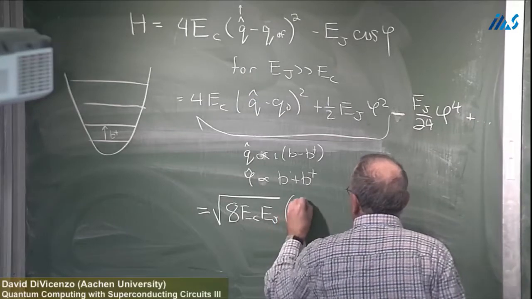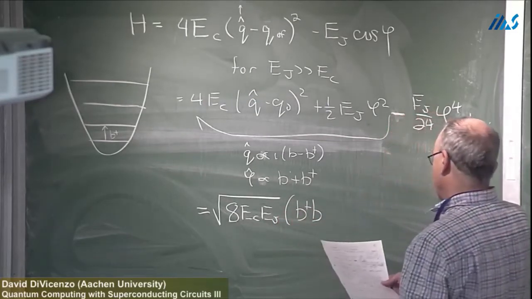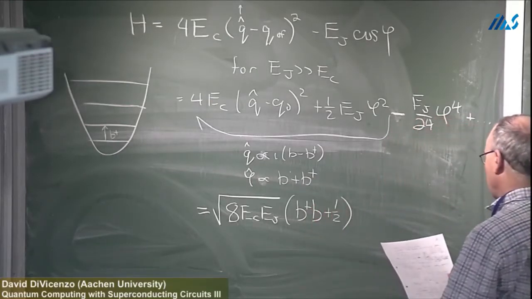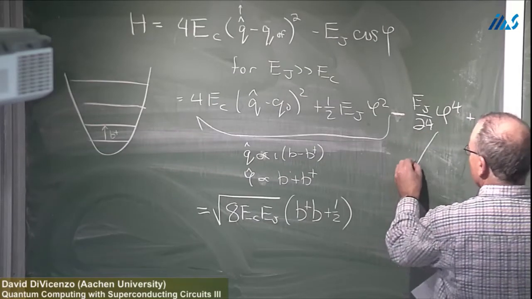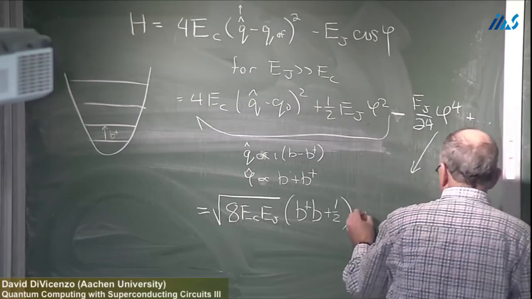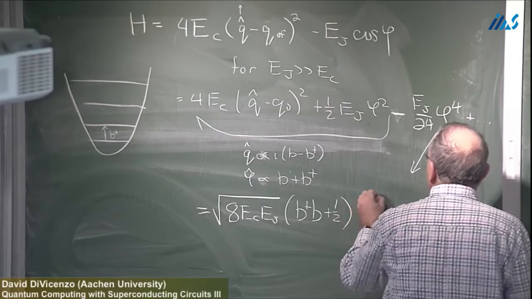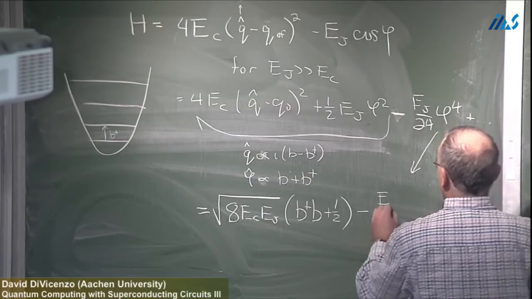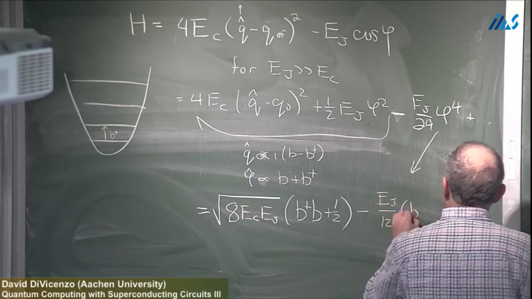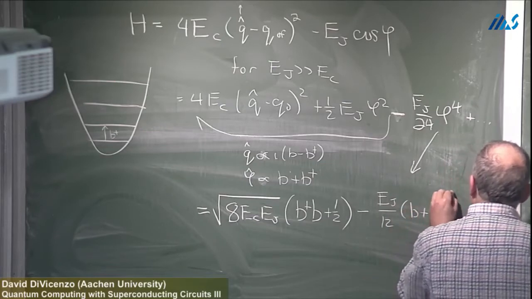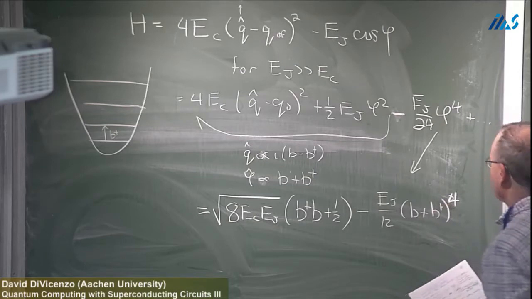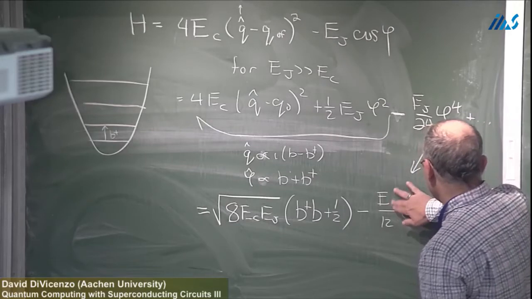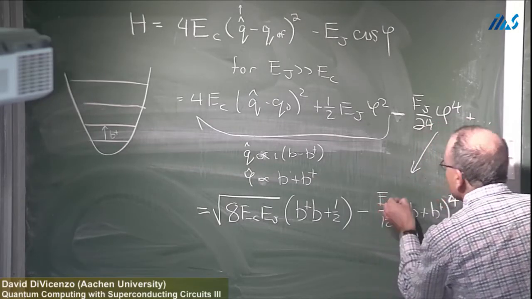And then it's B dagger B. I have here plus a half, which of course I don't really need. And then there's also, I could go further with this. I won't in the present lecture, but I can rewrite this term so it has a form something like EJ over 12 (B plus B dagger) to the fourth power. When you keep track of the constants, this is in fact an EC here, because